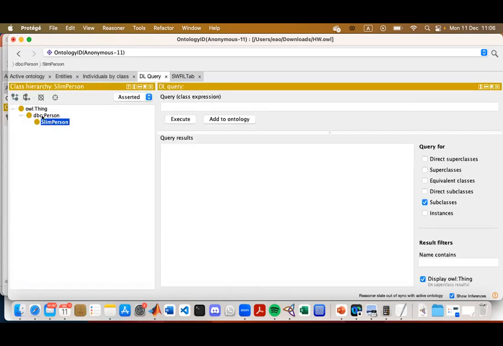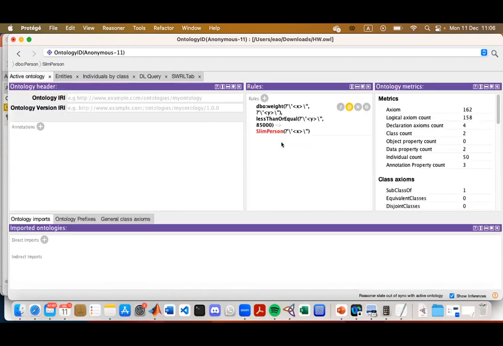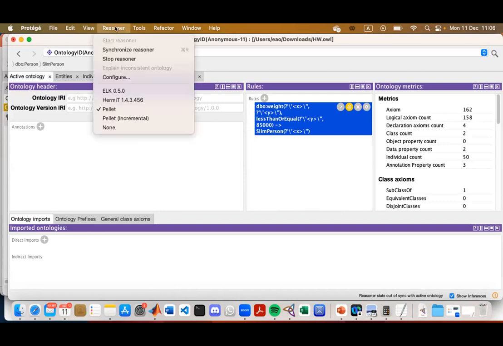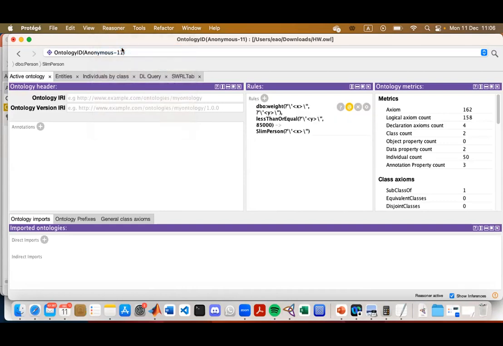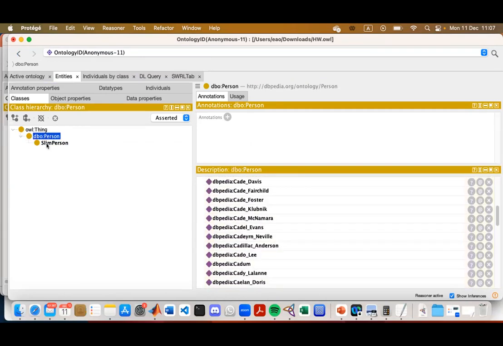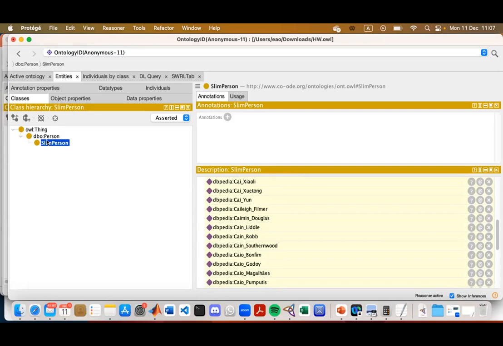Did it populate anything? No. That's what I want to do: Reasoner, synchronize reasoner. Yes. So now, if we go here, we have populated it with new entries.